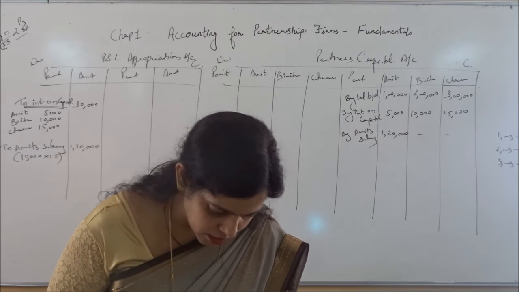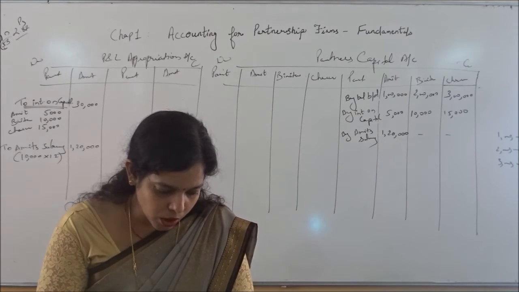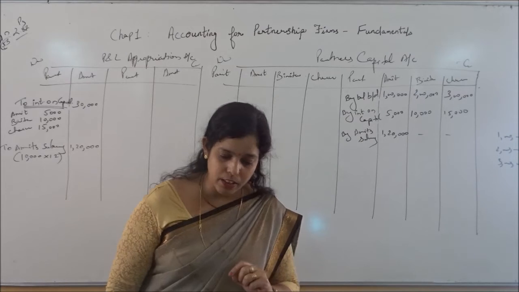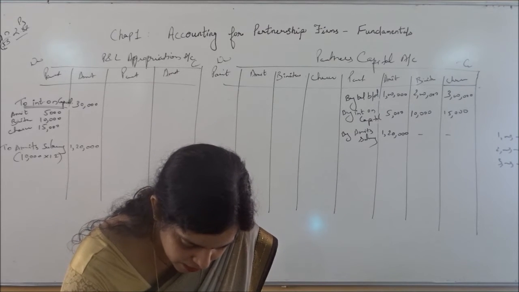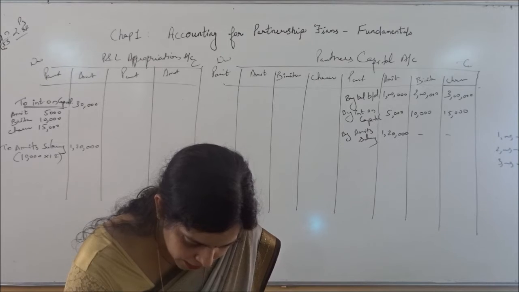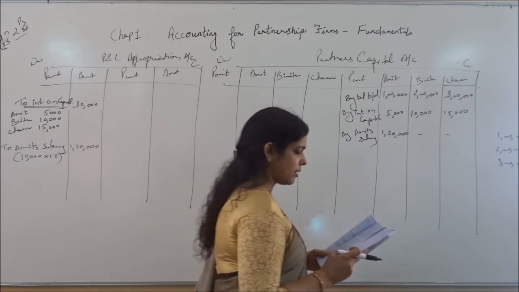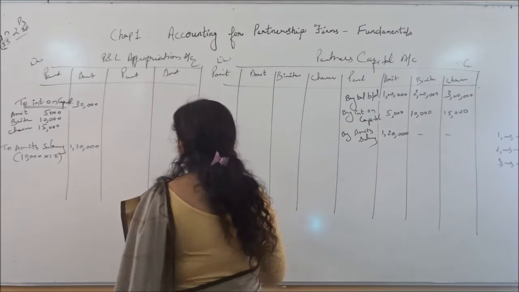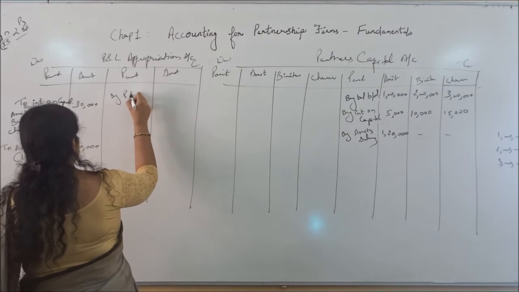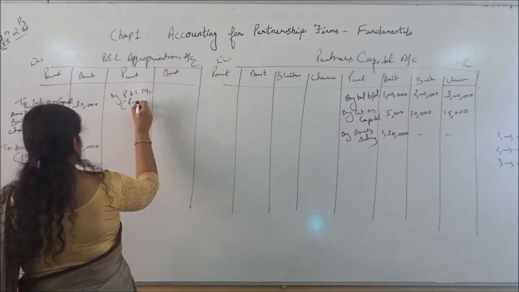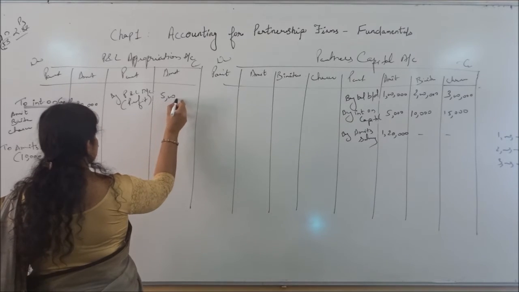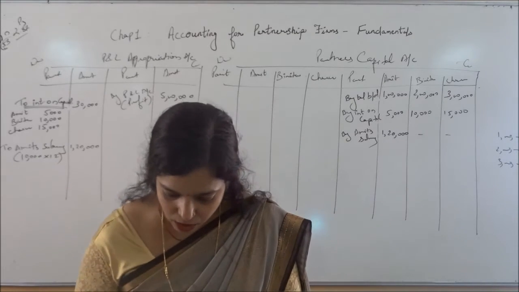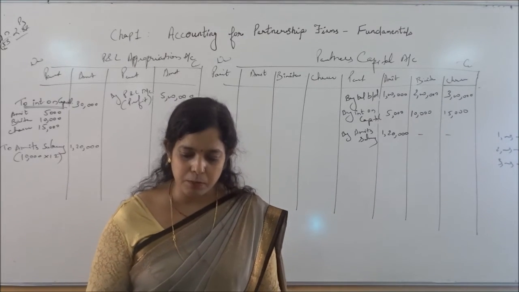Next one, what are they saying? Binita would receive a commission of 5% of the net profit. That means you have to calculate 5% of the net profit. How much net profit is given in the question? See, before the above items were taken into account, the profit for the year ended 31st March 2020 was rupees 5 lakh. Write the profit by P&L account, bracket profit, 5 lakh. How much percent do we take? 5%. By which method? They are writing after method, after deduction of the commission.